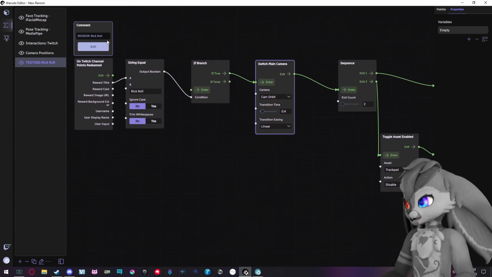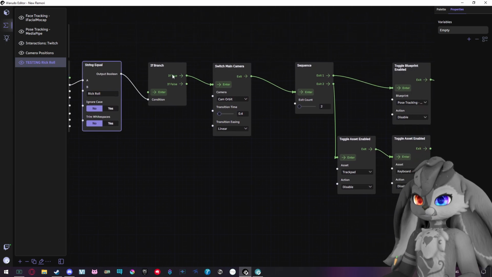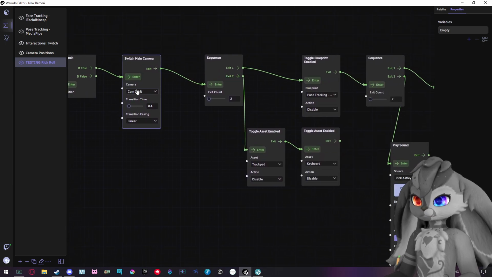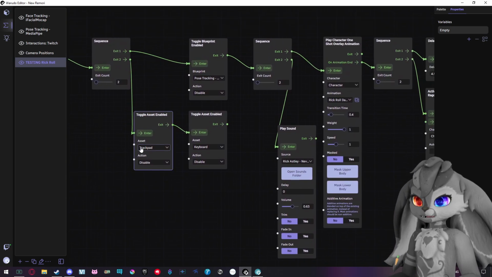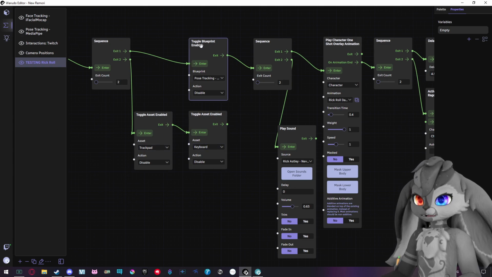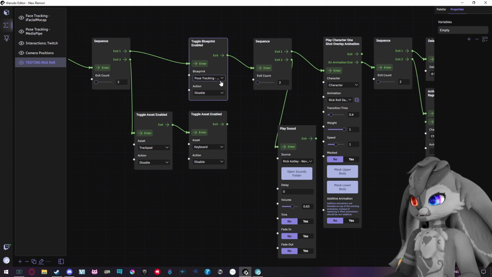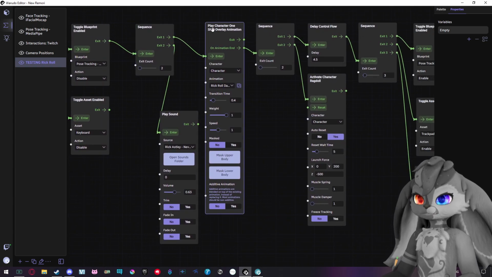So it is for a Rickroll. It's for a channel point redemption. So it's a basic channel point redemption. It checks the name, and if that's true, then we switch the camera to a camera that will put me in the middle of the screen. We then disable my trackpad and keyboard, and we also disable the hand tracking. It then goes into play the sound and the animation,